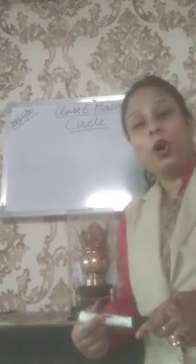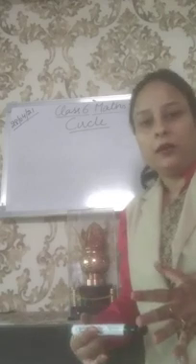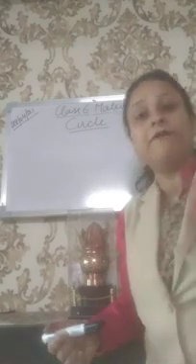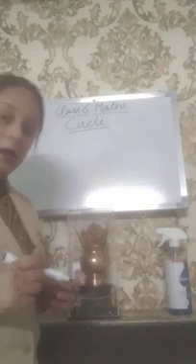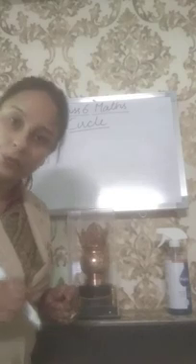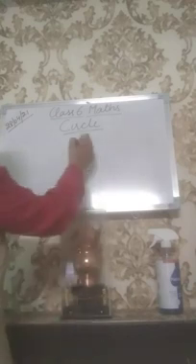So when we draw a circle, circle is actually a figure in which the boundaries are at an equal distance from a fixed point. I am repeating myself. Circle is a geometrical figure in which the boundaries are at an equal distance from a given point. Okay? So let's say this is my given point. Understand? This is my given point. So when this is my point and I draw a figure like this.